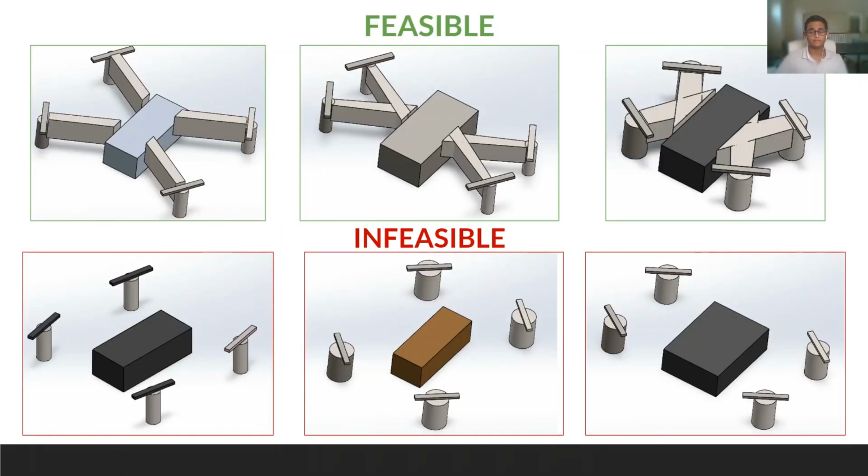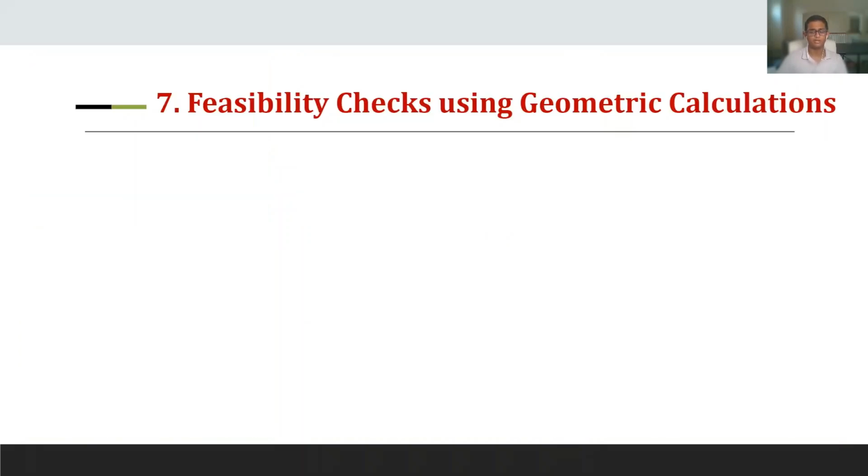A sample of the infeasible models and feasible models are shown. As shown, infeasible models are missing key geometry. However, even amongst the feasible models, there are some obvious errors, such as the top of the arm sticking out of the top of the drone body. Thus,